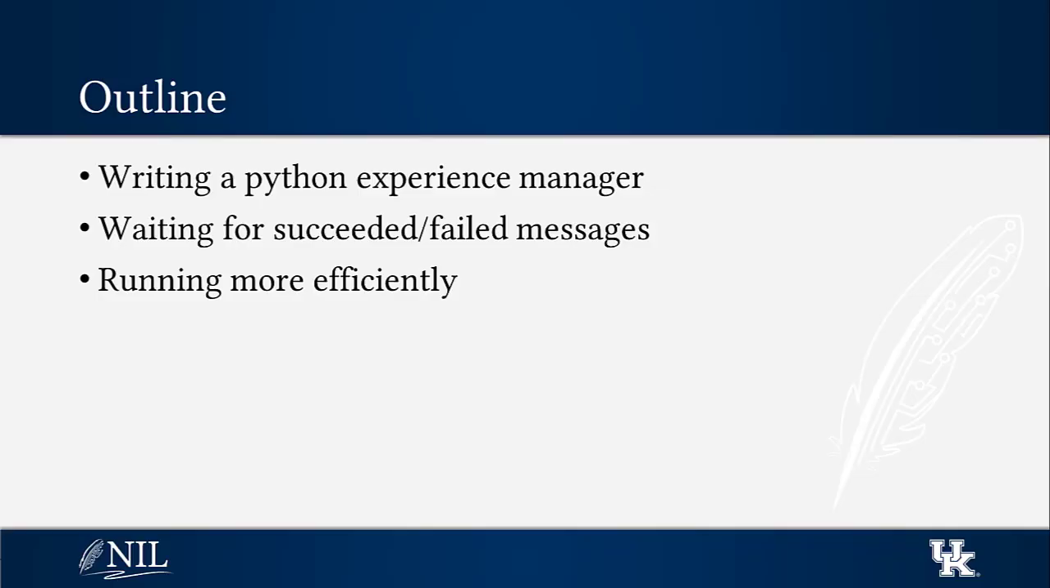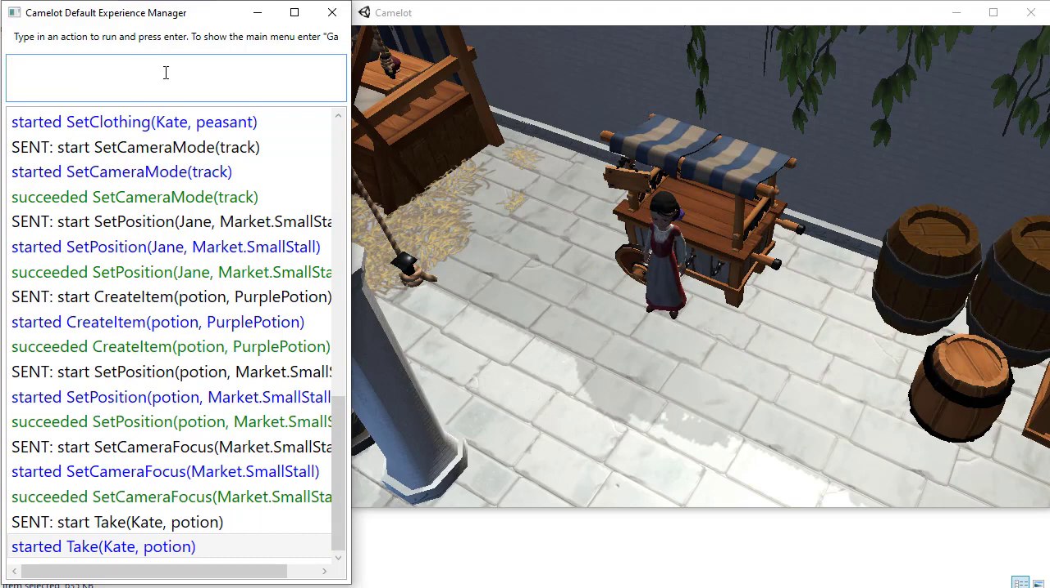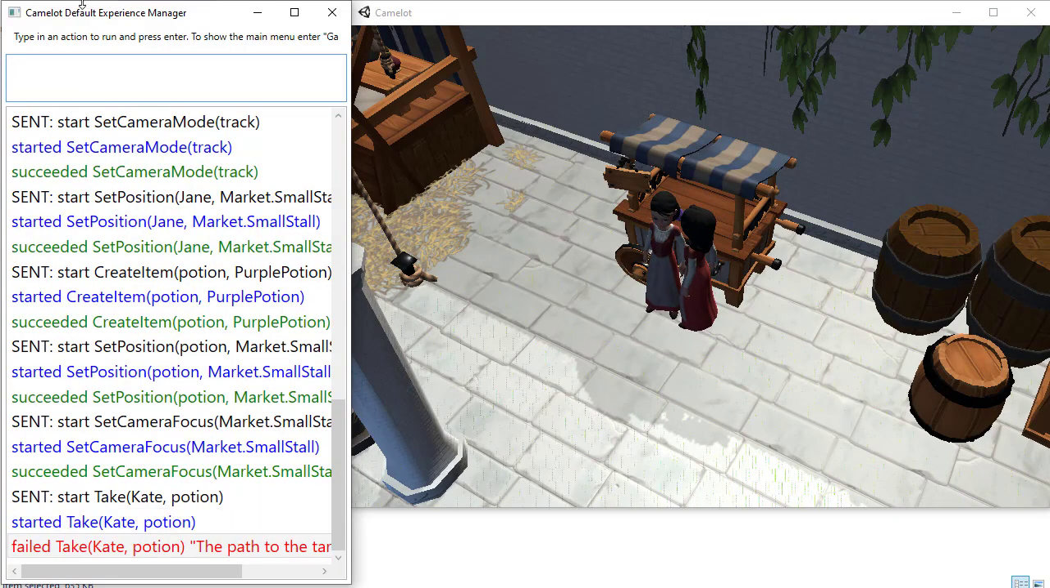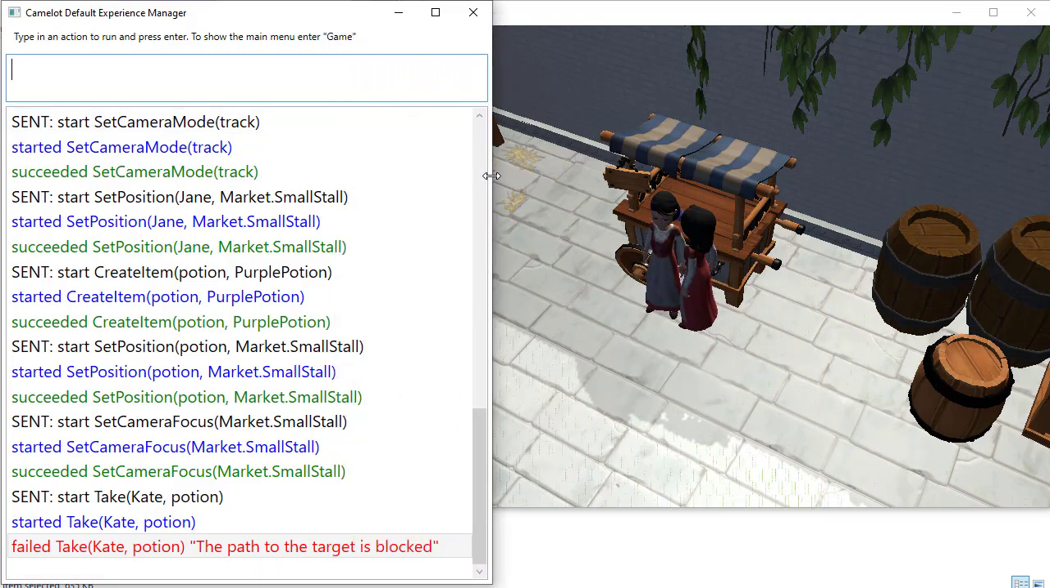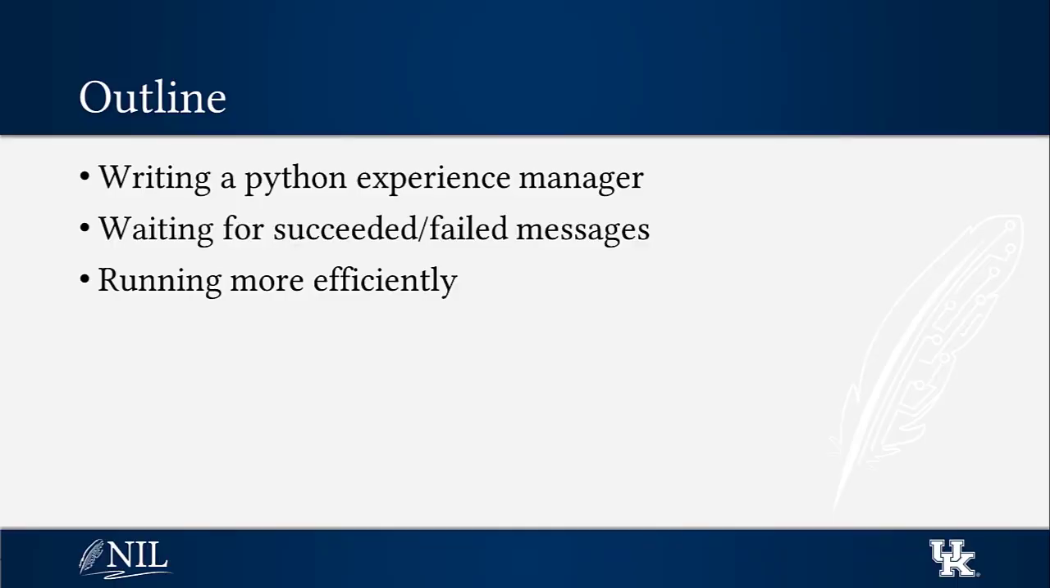In some cases, we may want the experience manager to react differently if a command fails. For example, suppose that we want a character to take a potion from a stall and then drink it. However, if the path to the potion is blocked, the character may fail to get to the potion and the take command fails. In that case, we may want our experience manager to ignore this failure message and proceed with the drink command. Our experience manager can also have the option of stopping the execution of the command sequence if